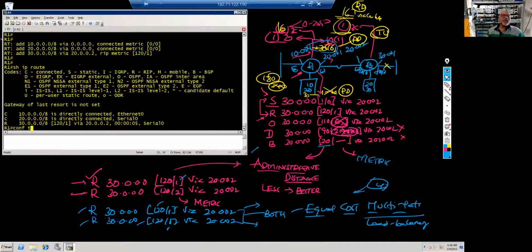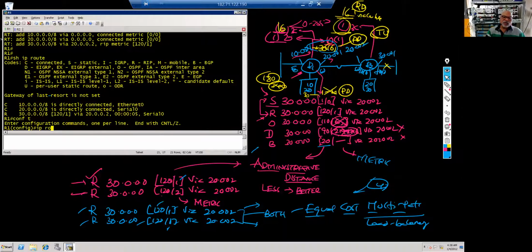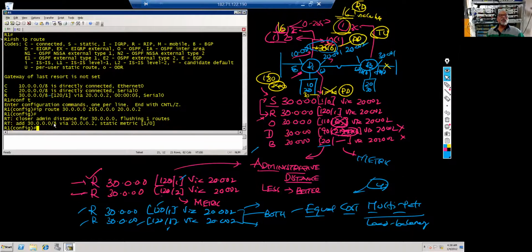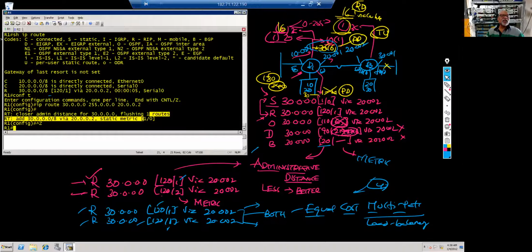So if I give static route now, IP route, if at all you want to go to 30 network with 255, go to 20.0.0.2. See, because of debug IP routing, you can see that. See, because of closer administrative distance for 30, I'm flushing one route and adding. Because it is 120 and 1, this is what I explained, 120 and 1 between static and this. Static came to my routing table.